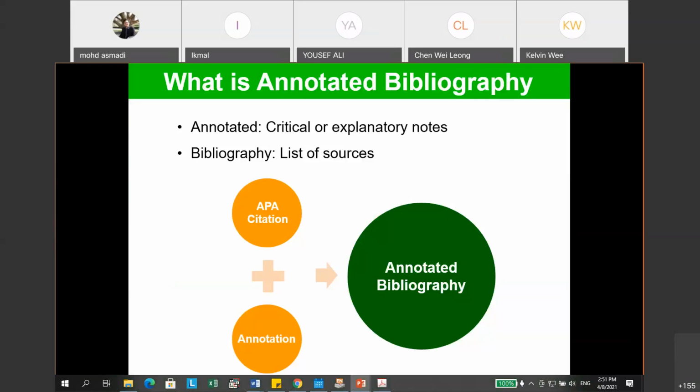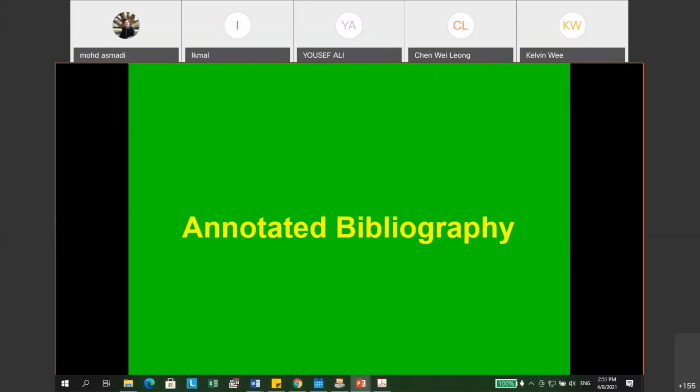So let's see the annotated bibliography. I think you are waiting for how to write this annotated bibliography. Annotated bibliography is like your opinions after you read the journals. Maybe something you want to critique about that journal. It is critical or explanatory notes, because it's almost similar to an abstract, but